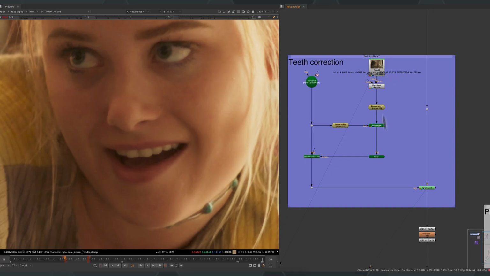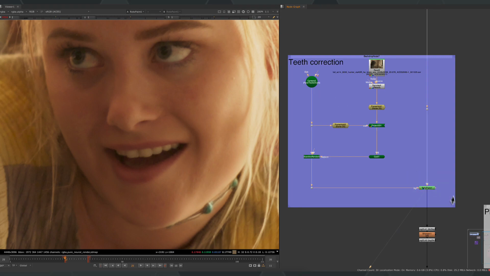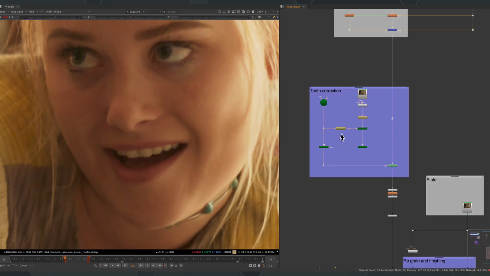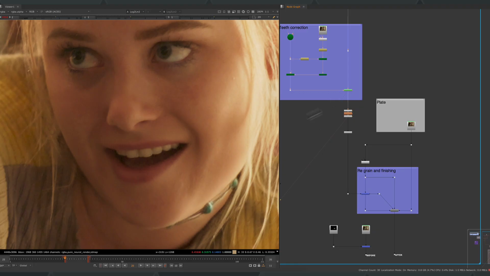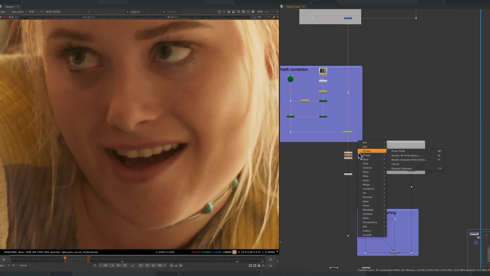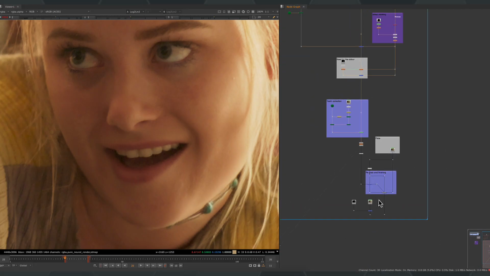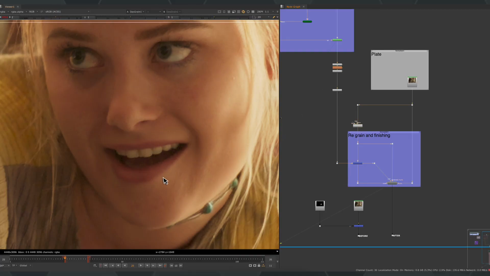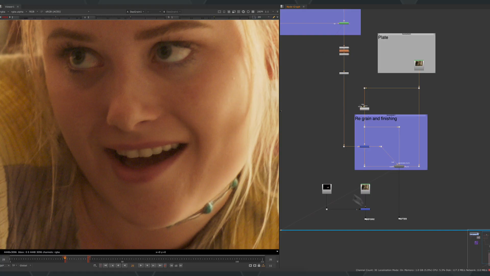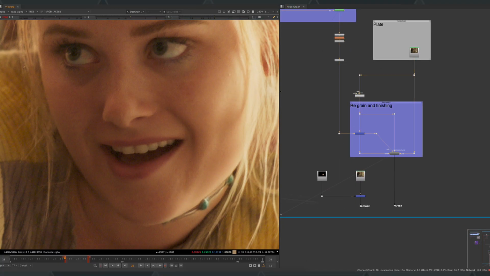So again, just to reiterate this: projecting teeth from the plate onto a card, rendering using the camera that we get as part of the VFX package, and then just comping these onto your pipe however you want to. Adding a bit of sharpness, and then that's pretty much it. That's the setup that I've got here today to show you. After this, you do your regraining work, and then you're all good to go.